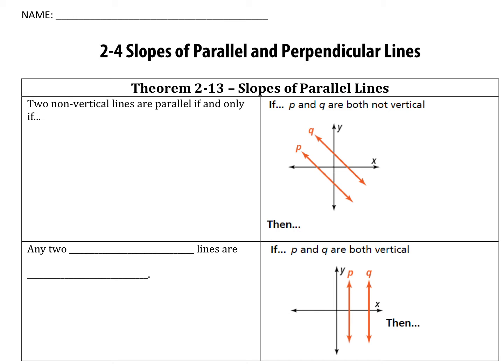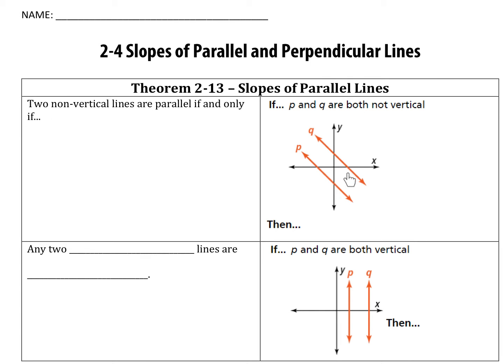If we had a line that looked like this, that line clearly is tilted differently than line Q is, and so it would have a different slope. It still has a negative slope, but it's not tilted as much. It's more flat, if you will, so it would have a different slope. So if I look at two lines that are parallel to each other, we can tell that if